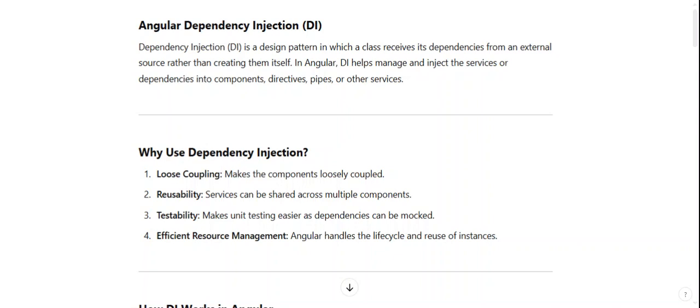My name is Sunny, and in today's video we are diving into the essential concept in Angular, which is dependency injection, and in short it is called DI. So we will cover what dependency injection is, why we use it, and how to implement it in Angular 19